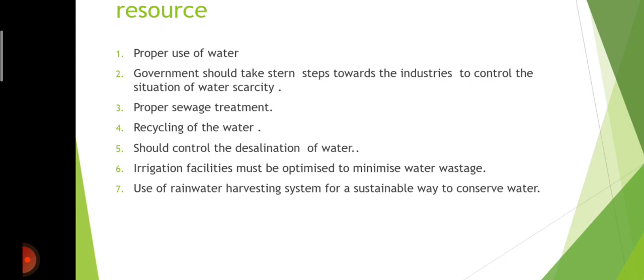We collect it in a tank through a pipe from our roof. After collecting it in the tank, we can purify it through a filter, and we can use it in